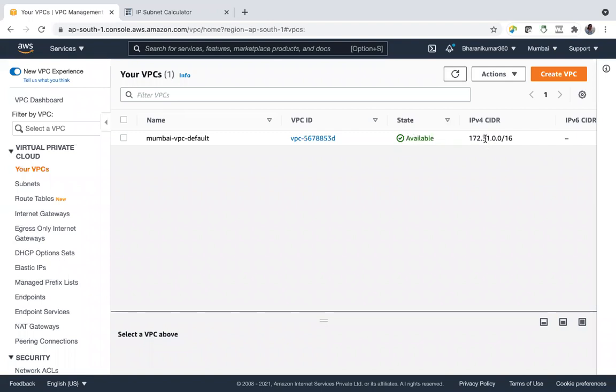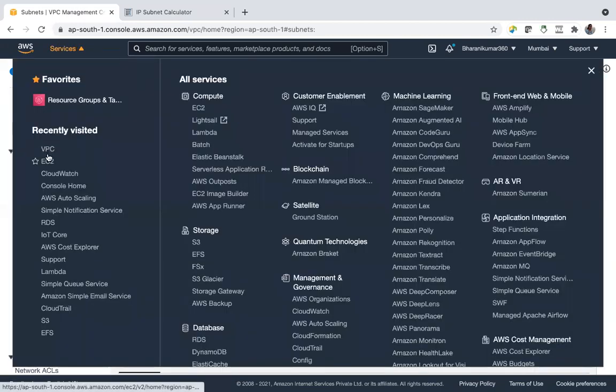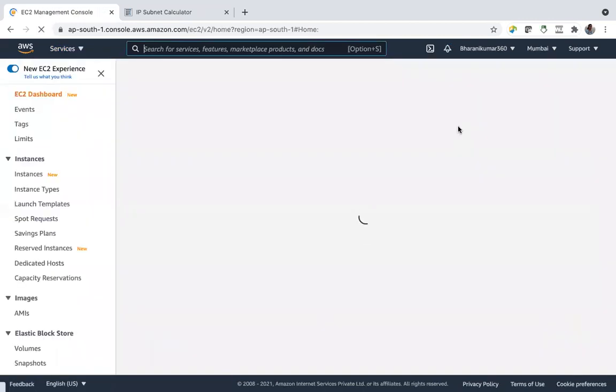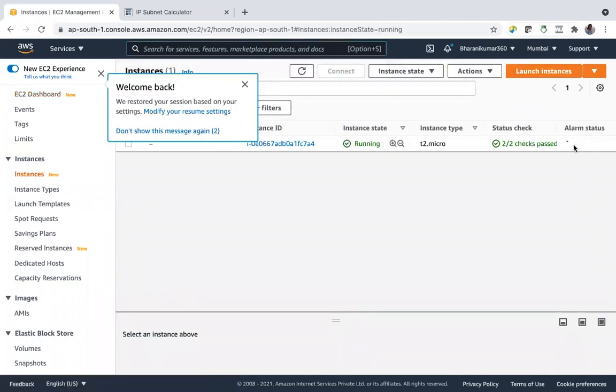Right, and from this, again, this is divided into subnets. If you look into subnets, they have been divided like this. If I go to EC2 and check, now it makes sense, right?